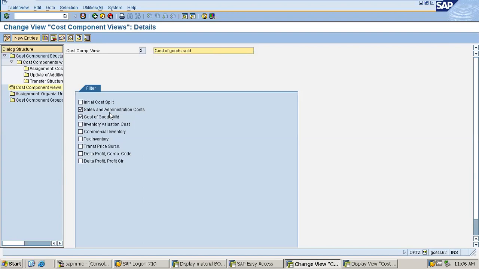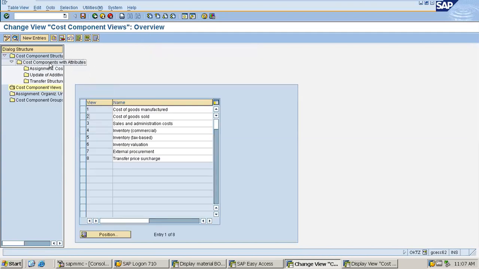Obviously, the cost of goods sold is the cost before charging the profit. That means it is inclusive of manufacturing cost as well as the other overhead cost. Obviously, sales and administrative overhead will be included in cost of goods sold. So obviously I should tick this on. Now I'll save this one. So it is done.